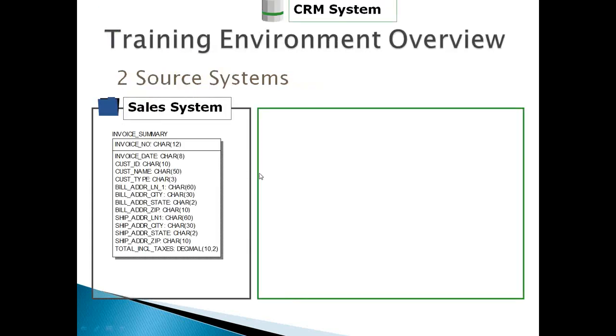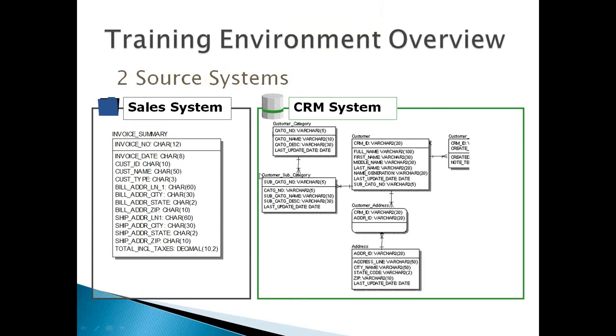For this system, we have taken two sources here. One is a CRM system, and one is the sales system. This is part of the training module where, in the lab, these will be the tables and you will have to create those tables. As of now, these are not the actual tables; these are the source system tables which they are maintaining. The sales system has a single table, and in that single table it maintains the customer data and the address data. Only two things it is maintaining.